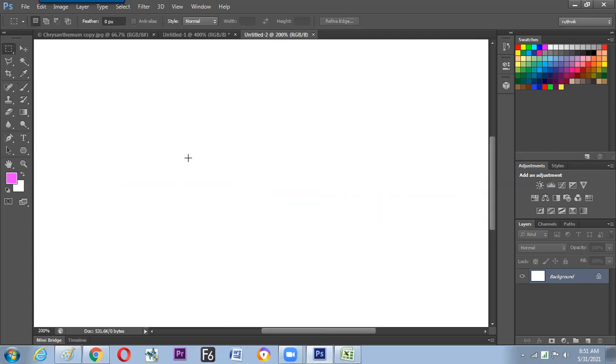But the same job, if nothing is there, then holding Shift makes a square out of the rectangle tool. Hope it is clear now. How to make a square from the rectangle marquee tool? What is the answer? Hold the Shift button and drag. Is it clear? Yes, sir.